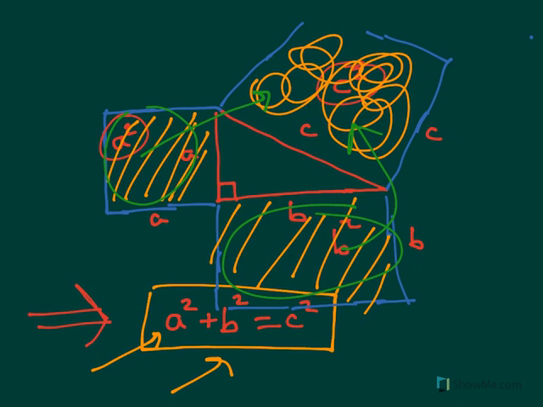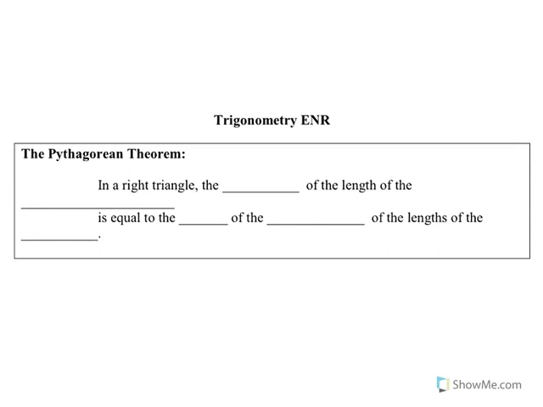So let's go ahead and look at some of your notes. So looking at your note page, I'll go ahead and fill in the blanks for you since you don't have the textbook that this came from. So the Pythagorean theorem is what we're talking about. And it says, in a right triangle, the square, so right here we're going to want to write the word square, the square of the length of the hypotenuse